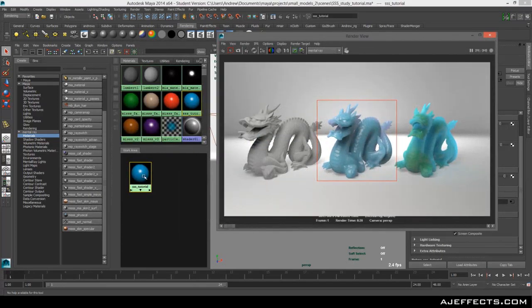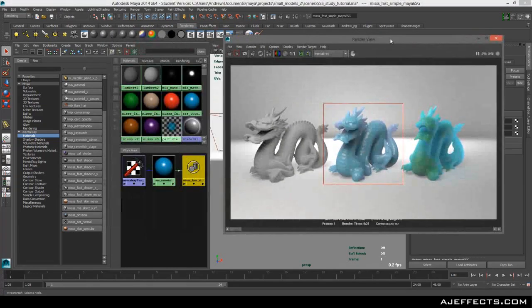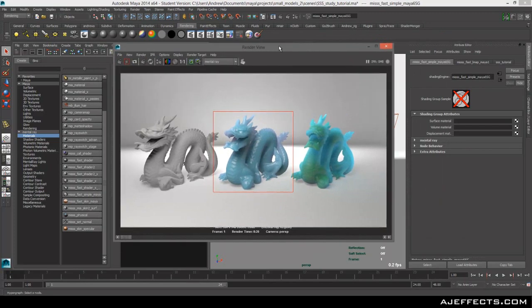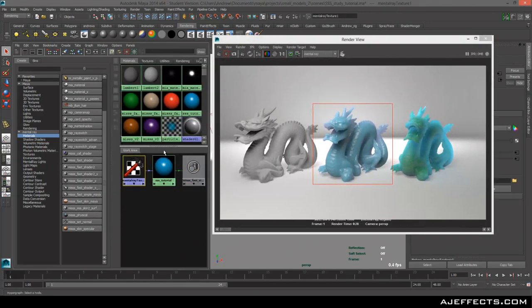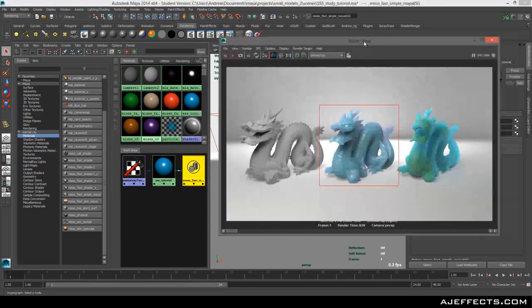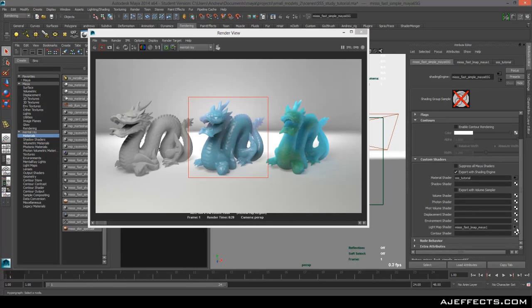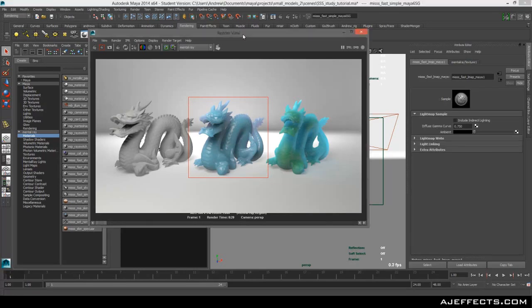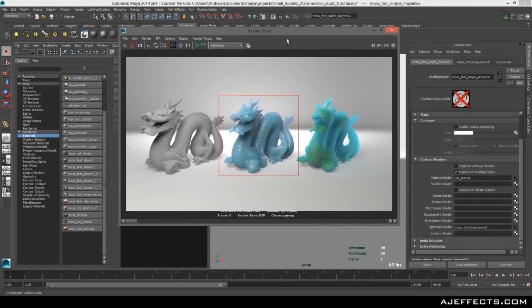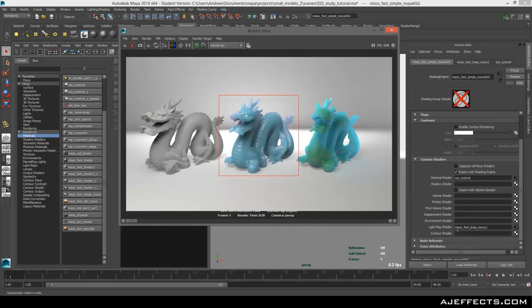Now, I might just have a quick look at the material a bit more, and if we look at the input and output connections, we have our shading group. If we look at our shading group under mental ray, at the light map itself, so under shading group, mental ray, custom shaders and light map shaders,